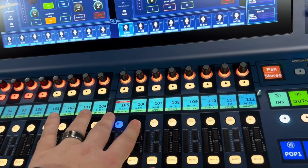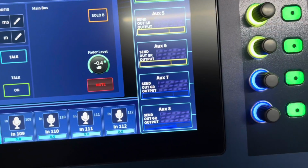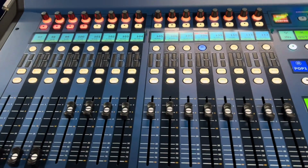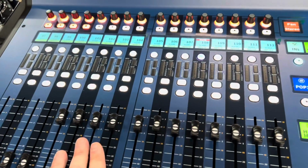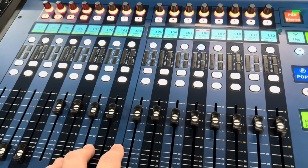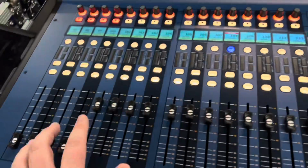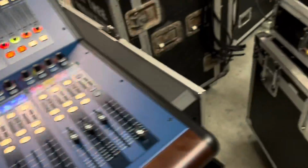3, 4, 5, 6, 7, and so on. So we'll go down to 7. You can see it's only outputting to 7. 8 is only outputting to 8. And as you keep going through, I'm sure you'll figure it out. It's a one-to-one thing. So basically, this is going to be our returns from the M32 core for monitor mixes. So they're going to show up to here and then shoot back out through HyperMac